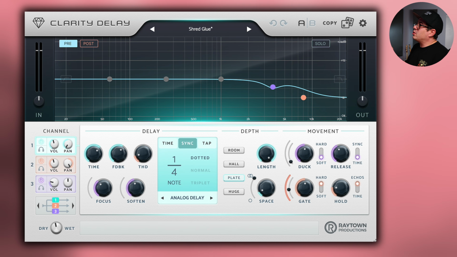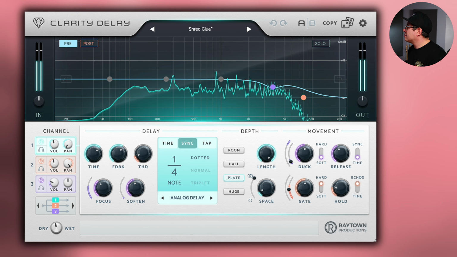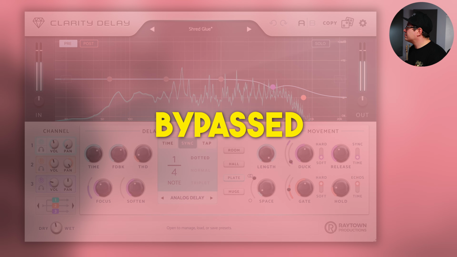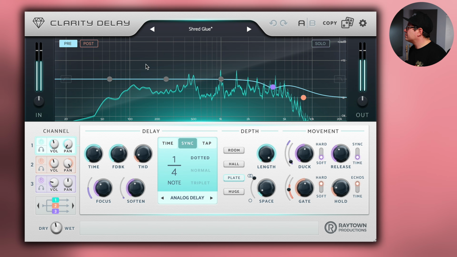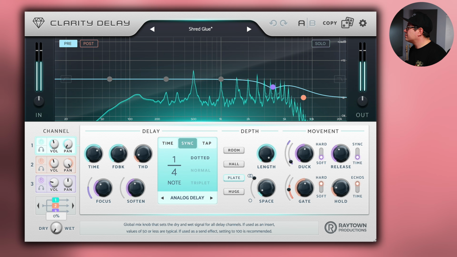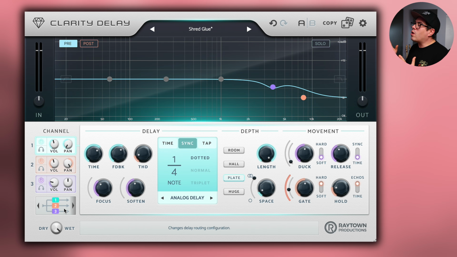Okay, so here's another example for you on lead guitar. I love a bit of delay in making your lead sound nice and big and lush and epic. I know a lot of people do, and this is a preset called Shred Glue, and then I've tweaked it a little bit. So I love how spacious and wide this sounds, but we can also retain the clarity of the original signal